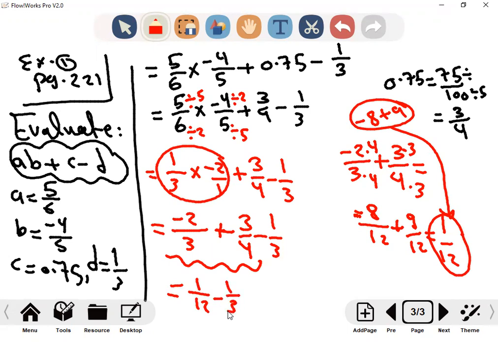Now here you have a 12, here you have a 3. The 3 can become 12 by multiplying up and down with 4. So here times 4 equals 1 over 12 minus 4 over 12, which is